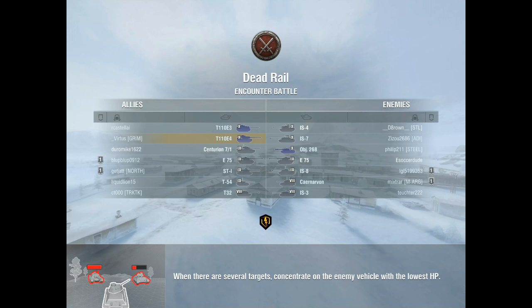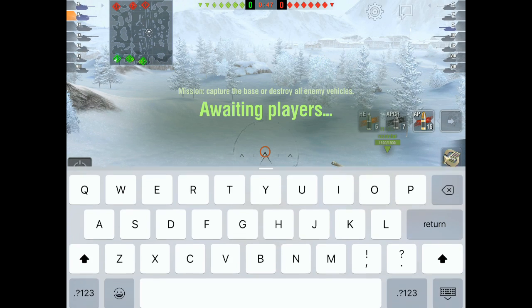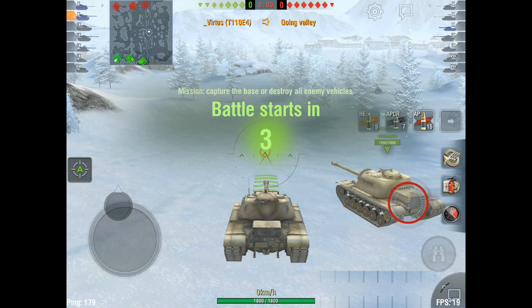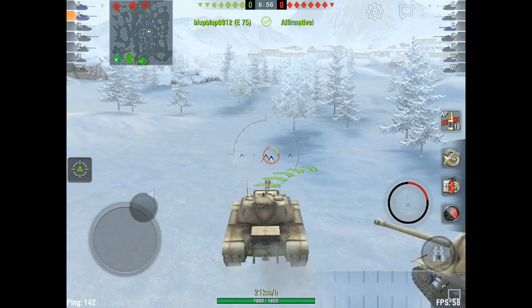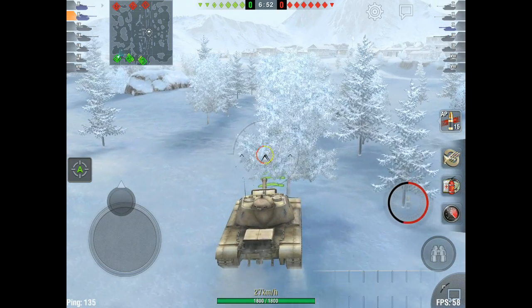Now, we're playing on Dead Rail here, and looking at the team list, we're down a tier 10. This is before the new matchmaking of 2.5. We are down at tier 10, but we have 2 TDs, so what I say is going Valley, because the Valley to the west of the map is actually very good for TDs,